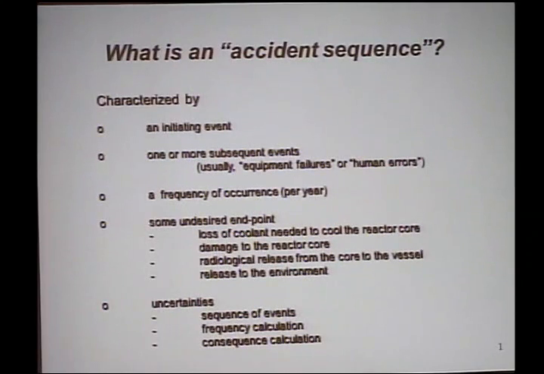Now let me describe. An accident sequence is defined in my approach by the following. There's an initiating event. It says right up there, it's an initiating event. You know, a valve fails, a pump jams, a human makes an error in the control room, or an earthquake causes a wall to fall that knocks over a heat exchanger. I mean, you can imagine any number of initiating events. If it's an earthquake, it might cause several initiating events at the same time. The earthquake can cause 3 or 4 things to fail, not just one. Whereas if it's just a heat exchanger jamming, that's one item, okay? But there's an initiating event